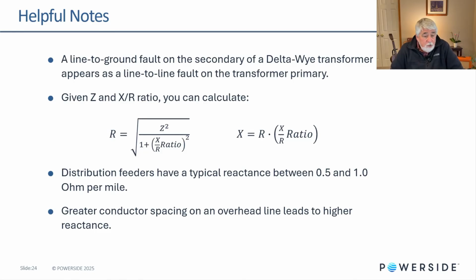A line-to-ground fault on the secondary of a delta-wye transformer appears as a line-to-line fault on the transformer primary. Seems important then to know what the winding configuration is. Given Z and the X over R ratio, this is for transformers mostly, you can calculate the individual values of R and X by using these equations. Distribution feeders have a typical reactance between 0.5 and 1 ohm per mile, and greater conductor spacing on an overhead line leads to higher